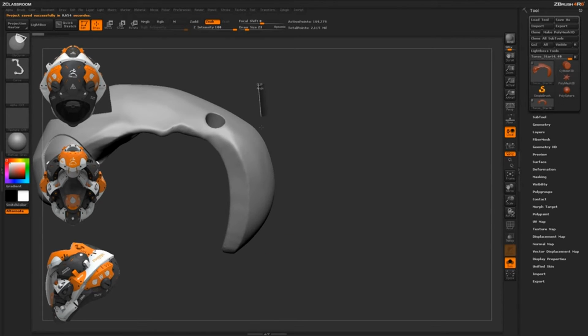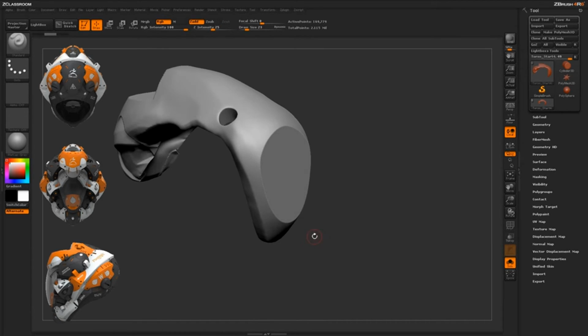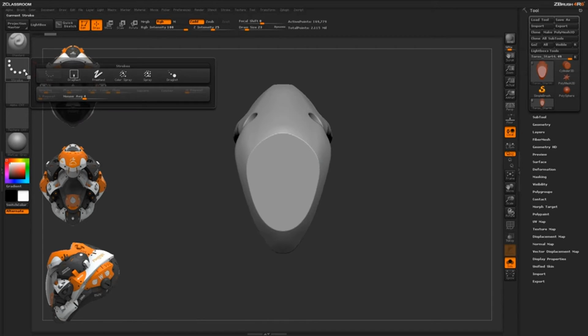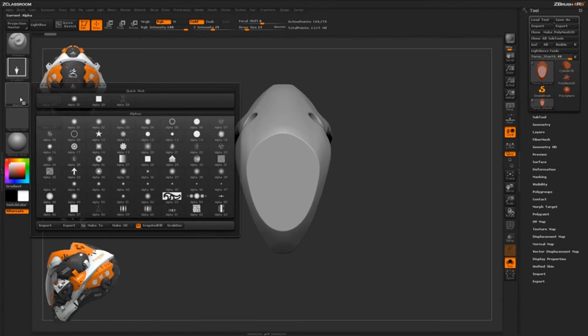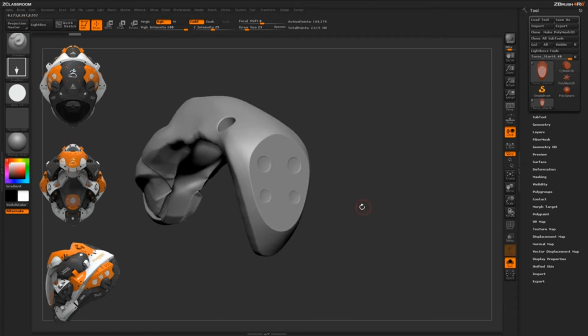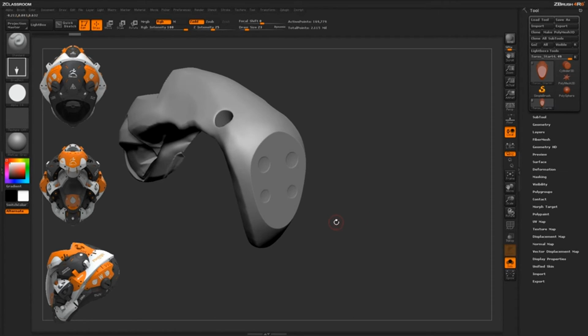So now I can hold Control and Shift and drag that clip curve out. Now, as we discussed in the videos on the trim and clip brushes, anything on that shaded side of this line is going to clip. So you can just clip that section there. Now, once you have this section clipped out, you could grab a standard brush and say go to drag rectangle, and then grab a harsh alpha, like alpha 14, and come in and kind of add your circular parts like this. Well, that's going to give you that flat surface there,